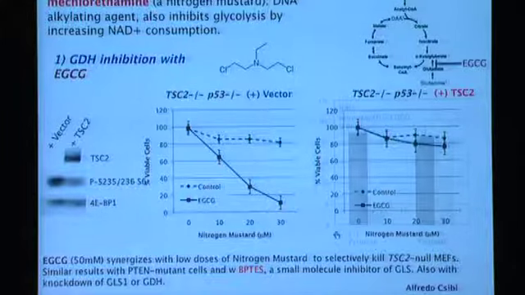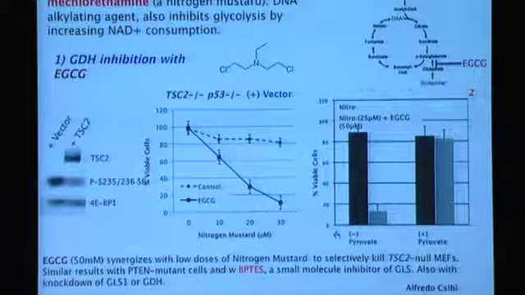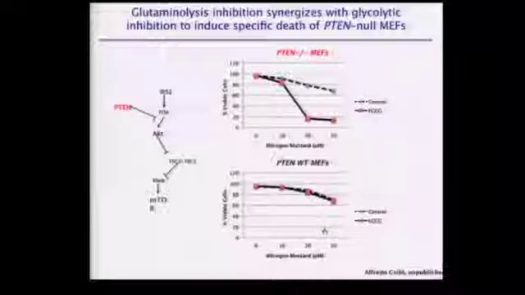And even more importantly, this is completely due to reducing input into the TCA cycle, because we can rescue this effect by simply putting pyruvate, alpha-ketoglutarate, OAA into these cells, and they survive this combination. And we don't just see it in cells with TSC2. We've looked at other cells, the colon carcinoma cells, prostate cancer cells, and a few others. This just shows you another model system where we looked at PTEN null MEFs. The combination has an effect. If you put PTEN back in those cells, it has no effect.